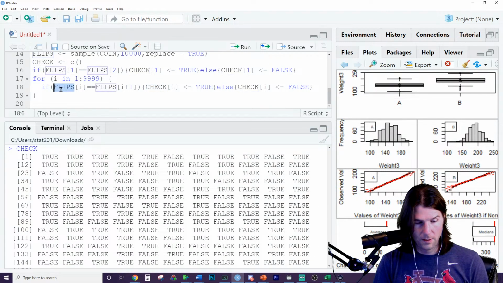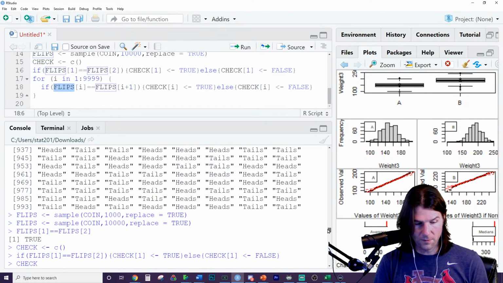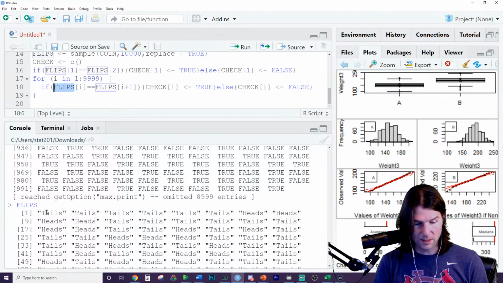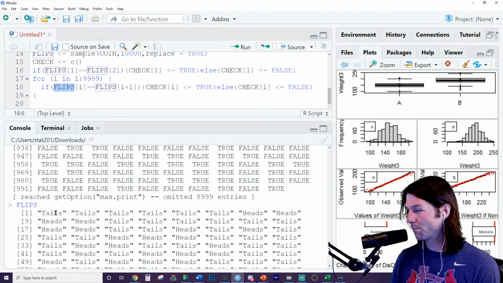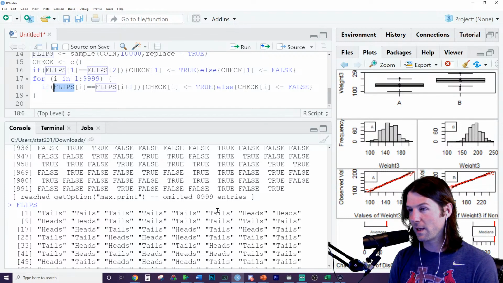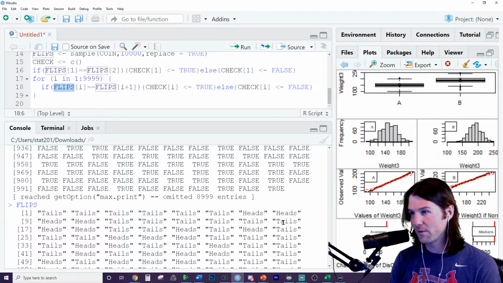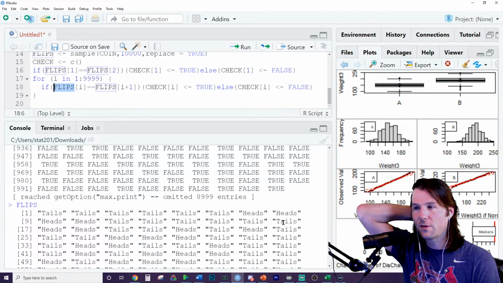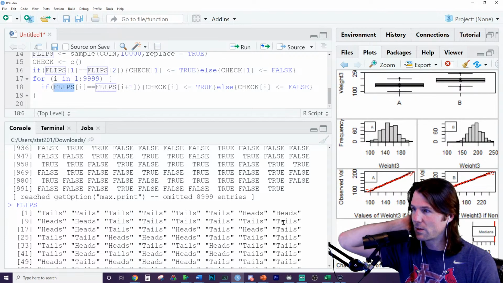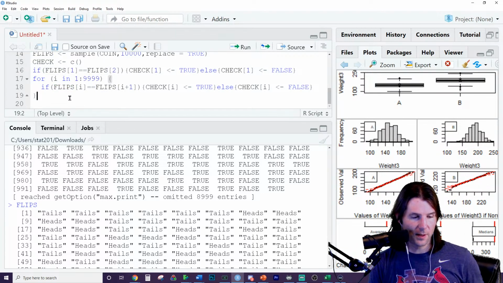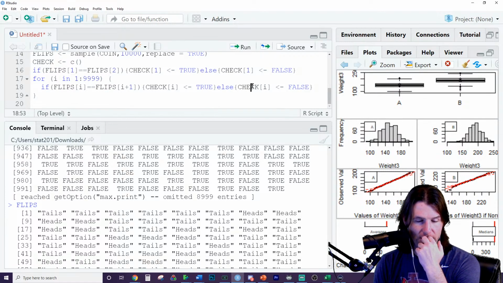Whoa. We actually started off with a lot of the same thing. That's crazy. I didn't know that. Yeah, look at this. This was random right here. We started off with 6 tails in a row. And then we went 1, 2, 3, 4, 5, 6. So I'm trying to think of a way to turn this now into what's the longest sequence. Okay, let me try. I think I can do one more code right here. So this is the check right here.